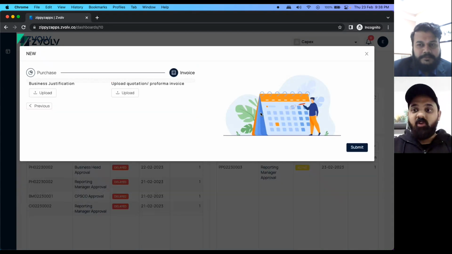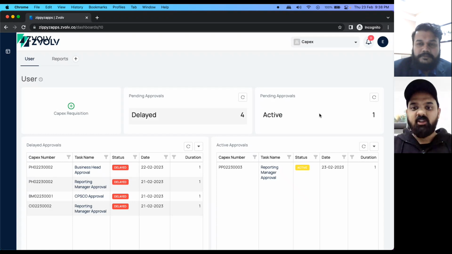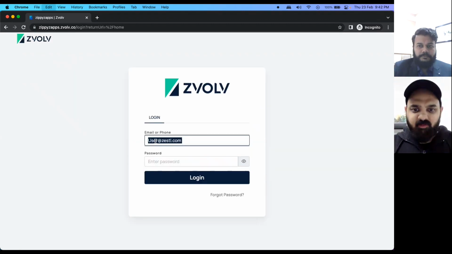All right. So Shivam, once the request is raised, you can see it in active approvals, and you can see that it is pending with the reporting manager. Over here, we've just configured two screens, but we can have multiple screens based on each role.